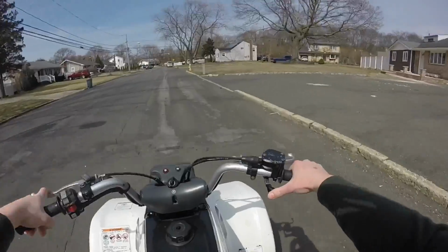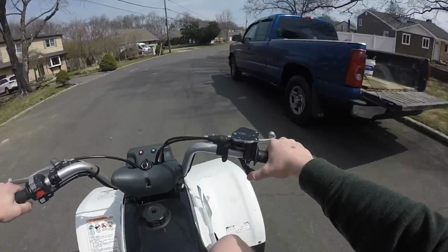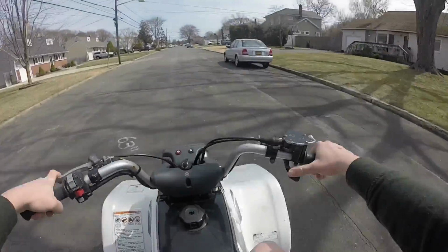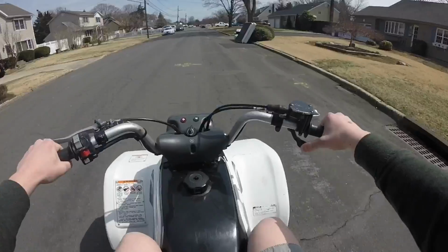This thing is a fun little quad, I tell you what though. I really don't know if this is a sport quad or a utility quad or both, because it kind of looks like a utility, but also looks like a sport. Woo! Now let's see if this thing's got...